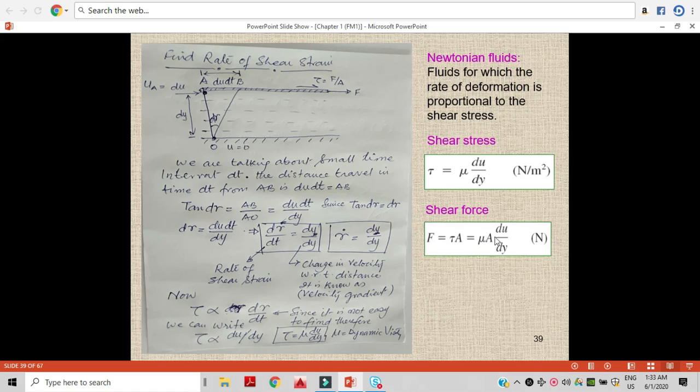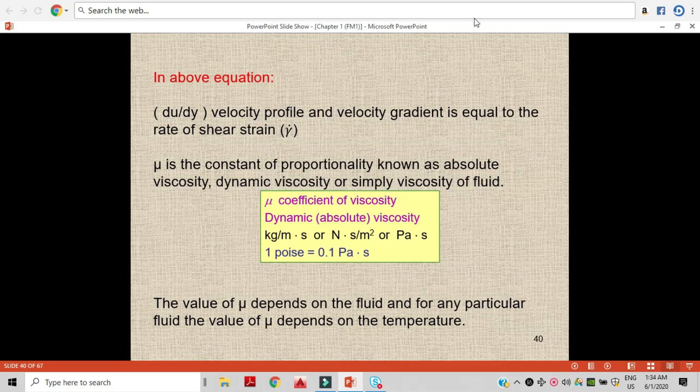And then we can also calculate the shear force. Shear force is equal to the shear stress times the area where the force is acting, the topmost layer. So if we multiply the shear stress by this top area, we end up with the shear force, in Newton. In the above equation, du by dy is the velocity profile, or velocity gradient, which is equal to the rate